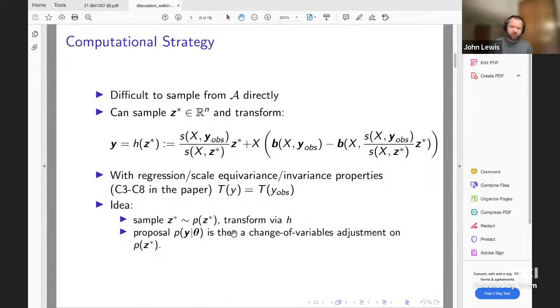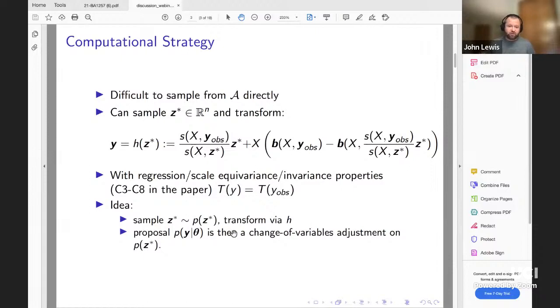Because of the nature of this space, it's actually difficult to directly sample from. But you could sample from a different or larger space and then transform it. The transformation here is basically the result of the common properties of these regression and scale estimates, which are laid out in the paper. They're regression, scale, equivariance, invariance properties that basically say if